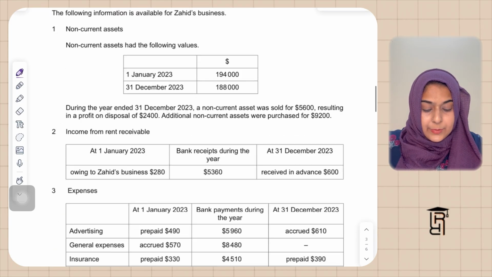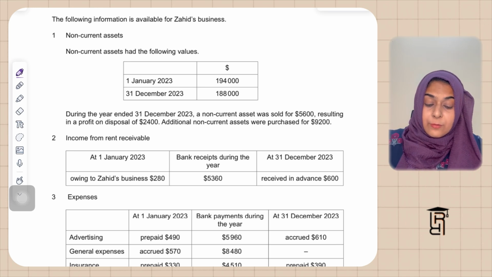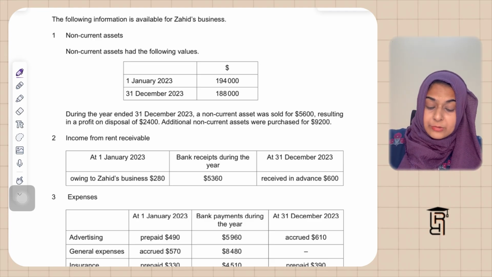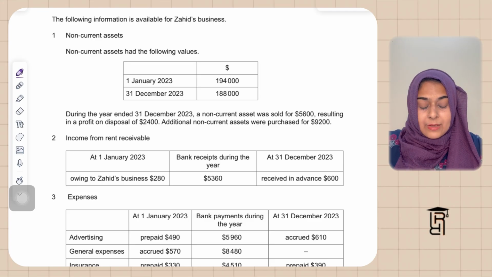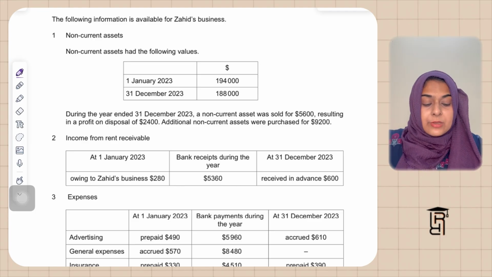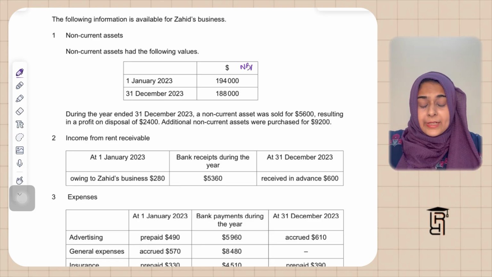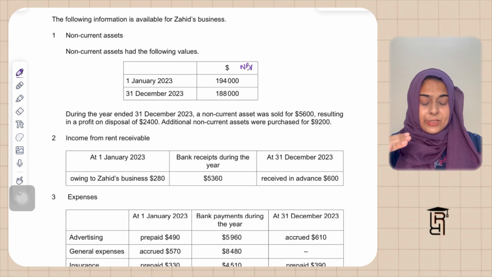And then in the next part they are saying the following information is available for Zahid's business. They've given you more information here, non-current assets. They've given you the non-current assets had the following values. They've given you the 1st January 2023 value, which is 194,000. They've given you the 31st December 2023 value, which is 188,000. And I'm going to tell you this is net book value. Net book value at start and net book value at end,